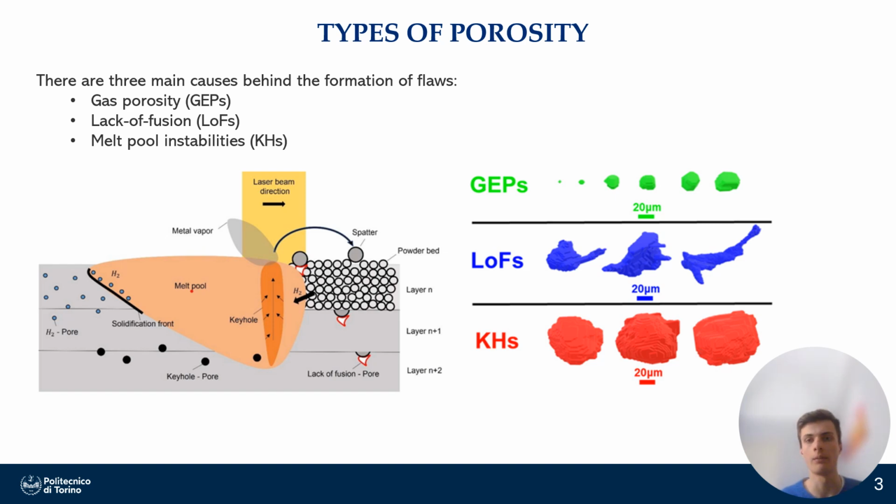Finally, we can have melt pool instability, which includes keyhole pores, which form due to instability in the melt pool, often caused by excessive laser power or unstable processing conditions. These pores are spherical but larger than those caused by gas porosity. Each of these types generates pores distinct in shape and size, as shown in the image at the right side